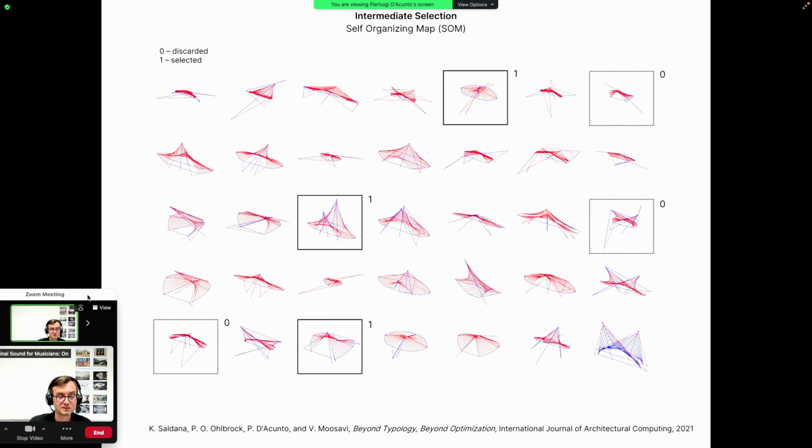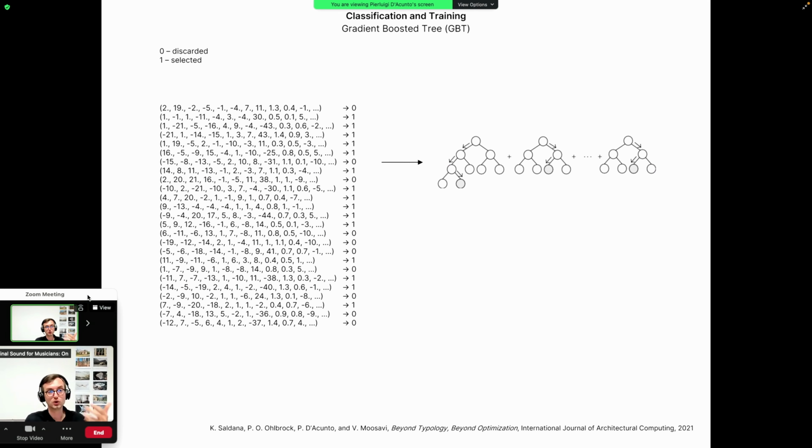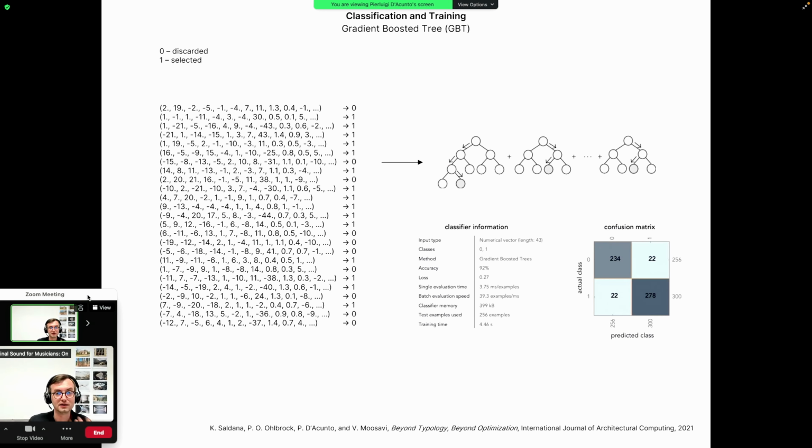What is interesting is that at this point, once structures are labeled as 1 or 0, either selected or discarded, this can be encoded into a new model. For example, in this case, we were using a gradient boosted tree model, which is another supervised machine learning model that allows the machine to learn these preferences in the selection of the structures by the human designer, and then potentially rebuilds and regenerates new structures that are most likely falling within the structures that the human designer would